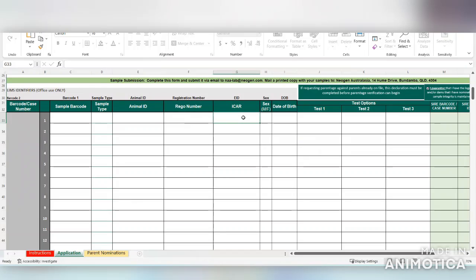The ICAR number is the electronic ID allocated to the animal at registration. This can be found in the animal search on the website or in the animal's profile. Next, you'll need the sex and date of birth for the animal, and we have 3 test columns here. All of the test codes can be found on the Shorthorn beef website under DNA services. If you're unsure of the best test for your animal, you can contact the registrars as well to chat through